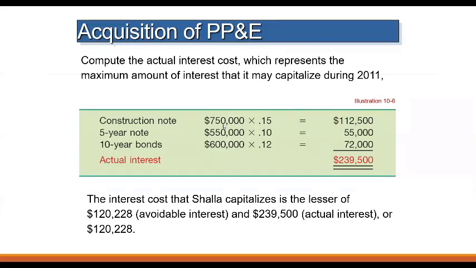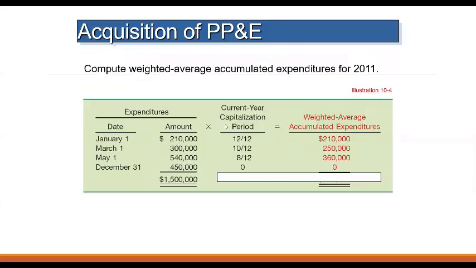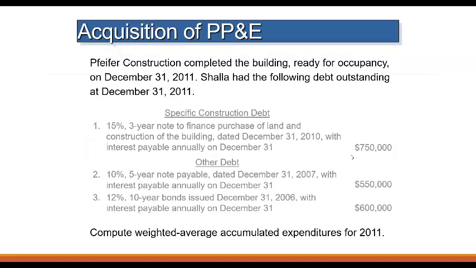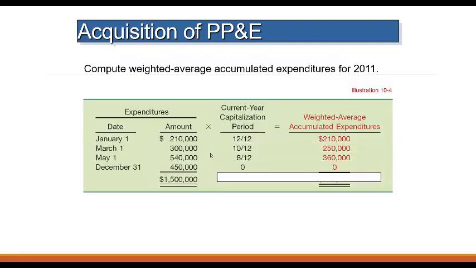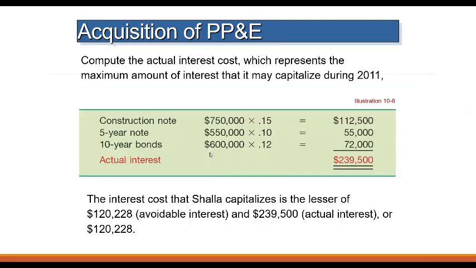Actually, I got it from the question, because here we have 750 with 15%, 550 with 10%, and 600 with 12%. So here I'm going to multiply the interest by the amount of the loan, and the actual interest is